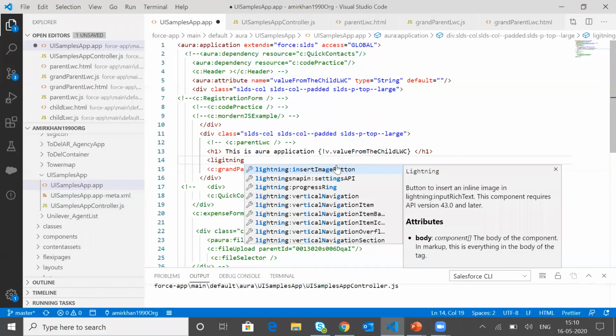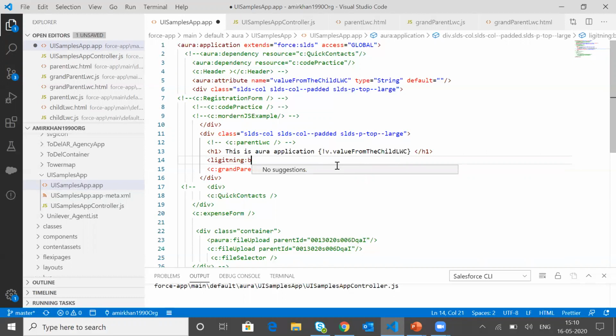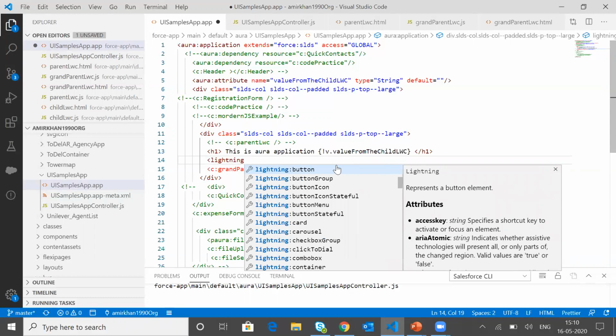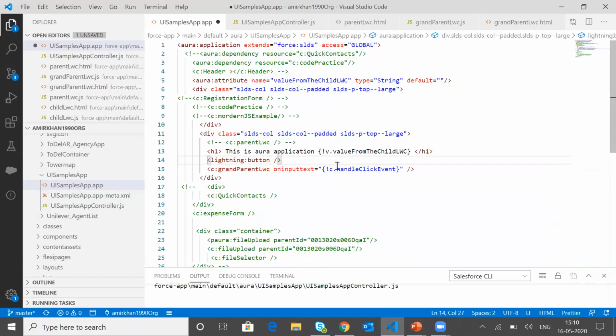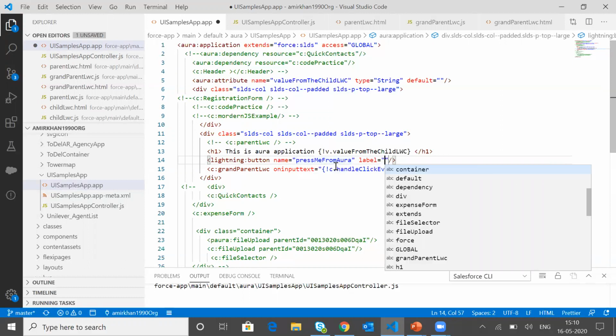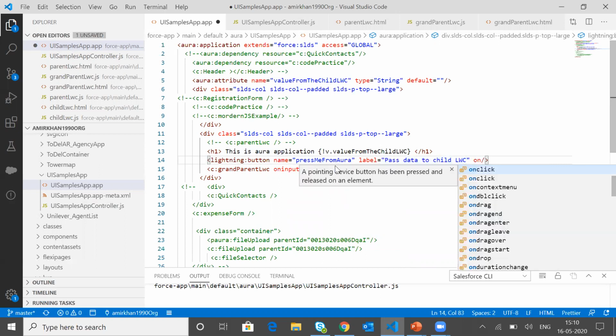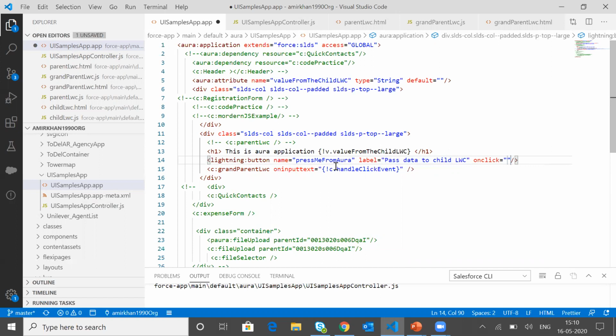To this lightning button I'm adding the name "press me from Aura" and the label "pass data to child LWC". And we will be adding the onclick event on this button.